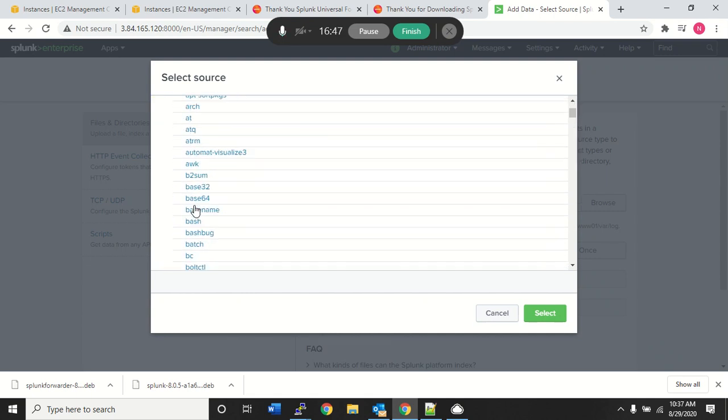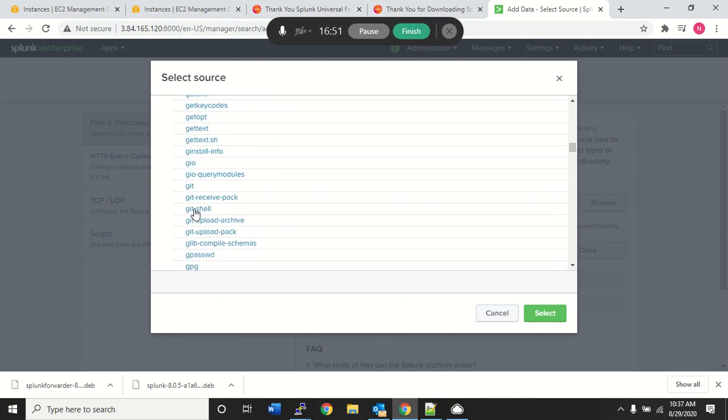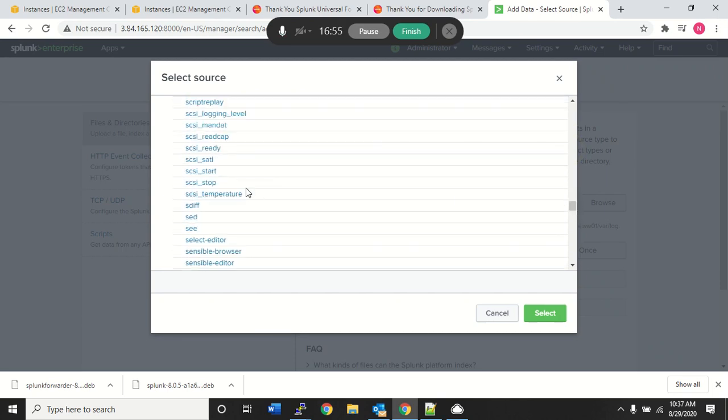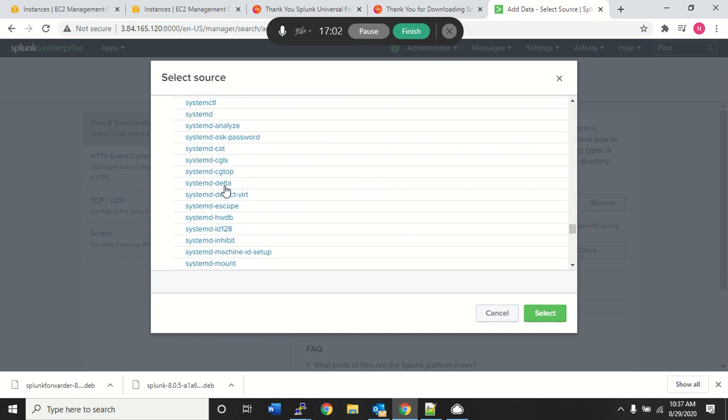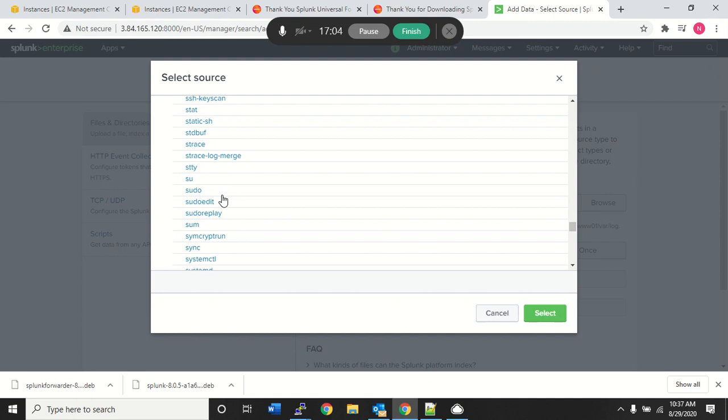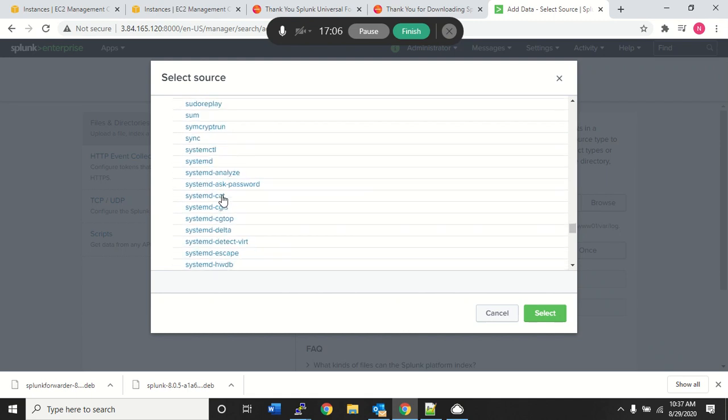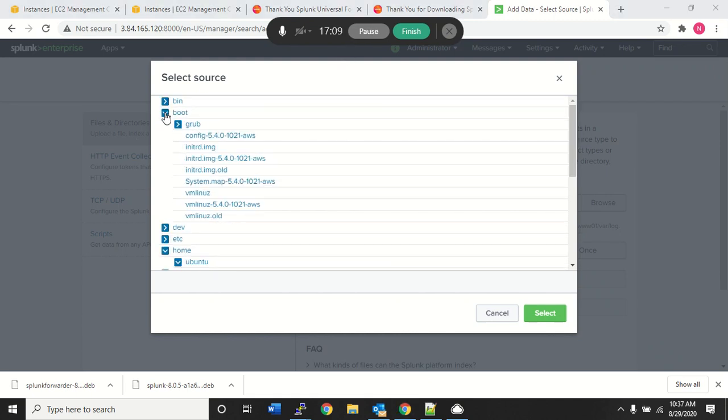You should be able to see bin, and somewhere here, Splunk, right? We can always see all the directories and stuff